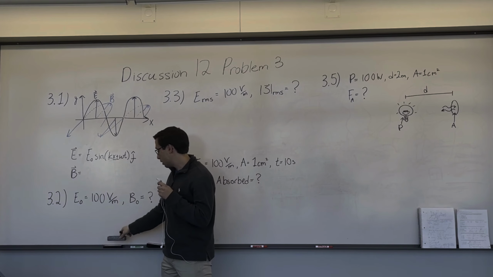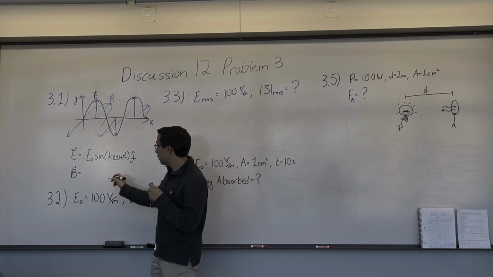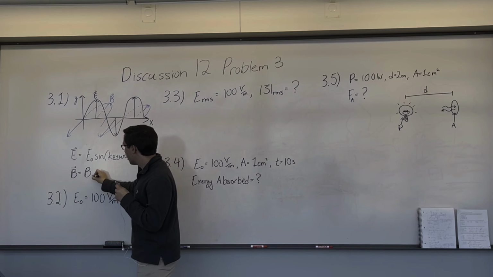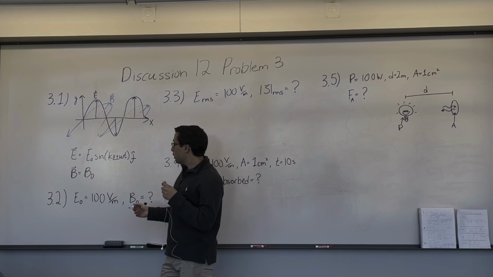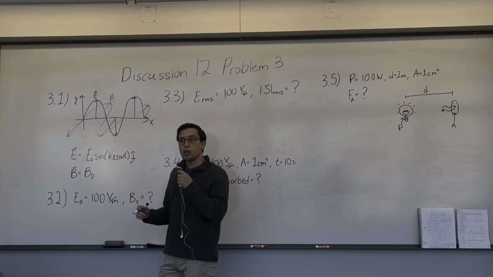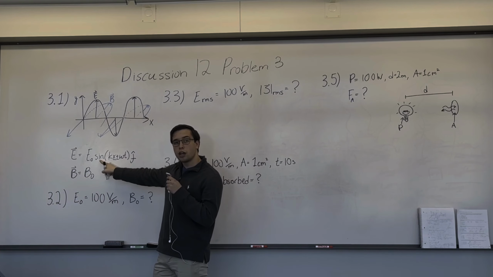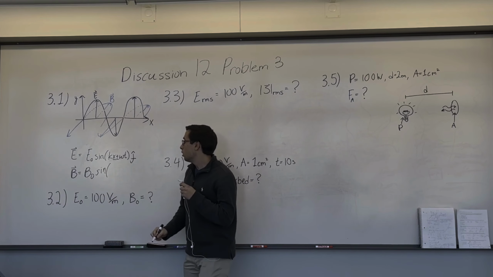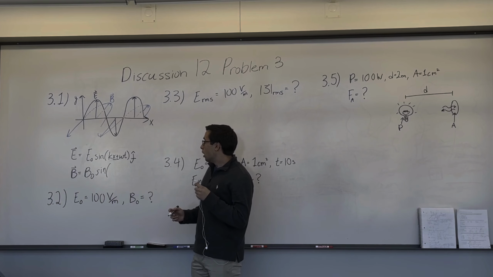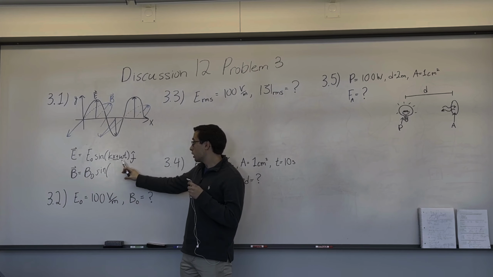basic building blocks of our magnetic field expression. So our magnetic field is also going to be a wave with an amplitude. So we can start off by writing an amplitude, B naught, and it's also going to be a wave, and the wave is going to be in phase with the electric field. And that means that if this is a sine, then our magnetic field better have a sine as well. Okay, and